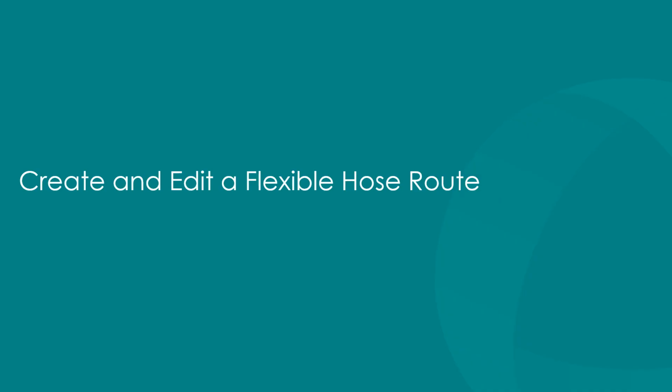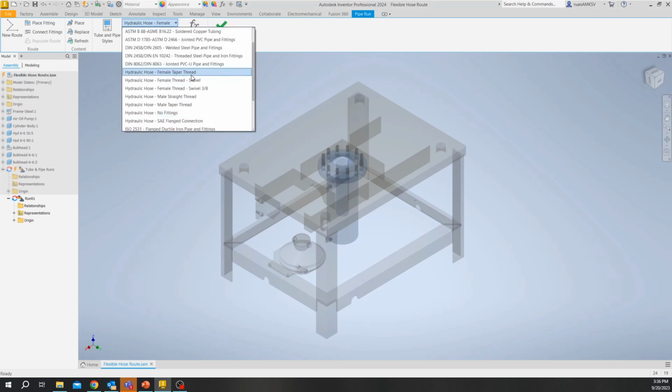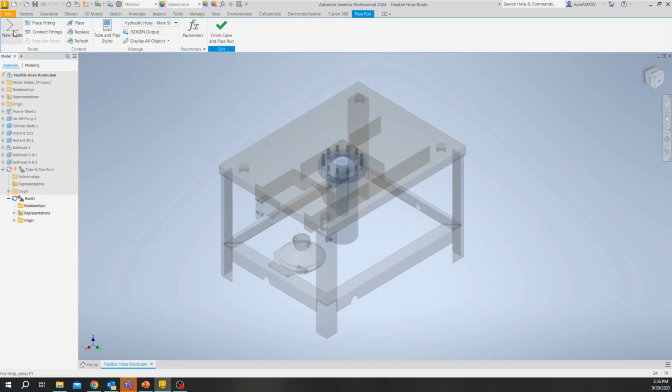Lastly, we will be having a look at how to create and edit a flexible hose route. When you want to create a flexible hose route, you have to go to your Manage tab in your ribbon, and then you have to click on the drop-down menu to select hydraulic hose with the connector that you want. So in this case, I will be using hydraulic hose with a male connector,